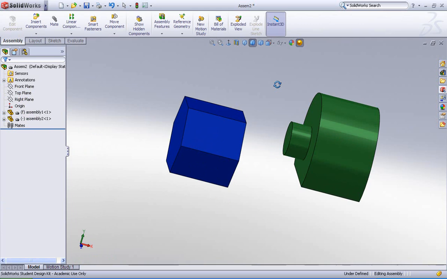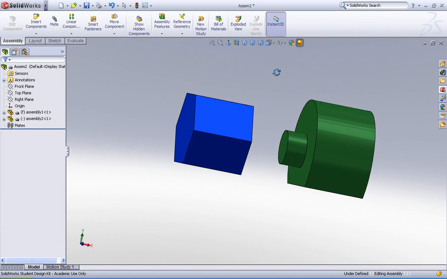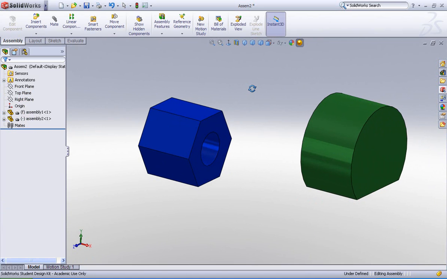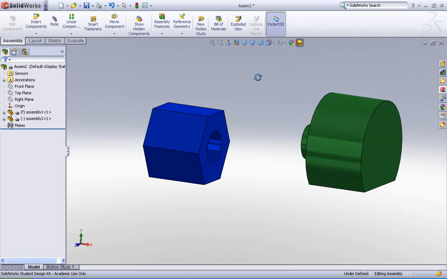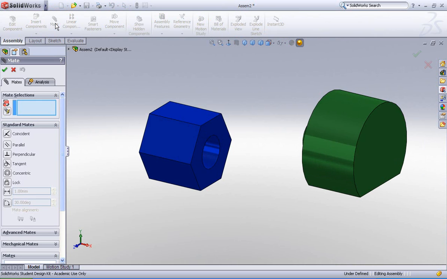folder and place it. Now you notice that there's no reference between the two parts as is. They're just basically both floating around in space by themselves. So we're just going to mate them together. Now mate can be found in the assembly tab. Now within the mates section, I can just create a